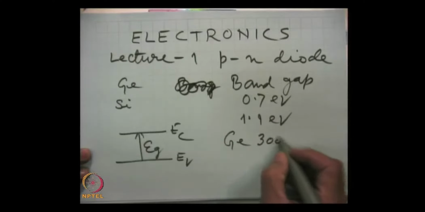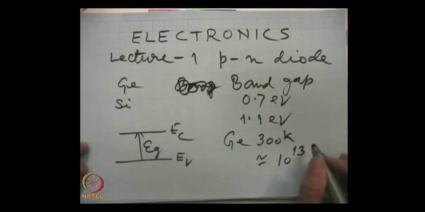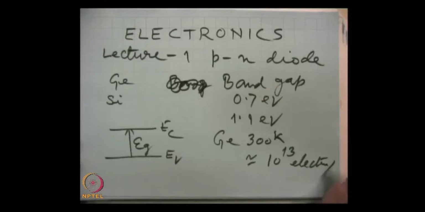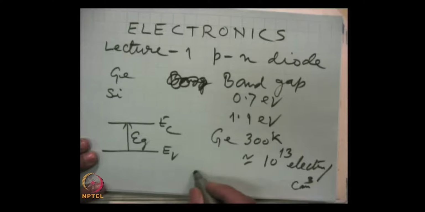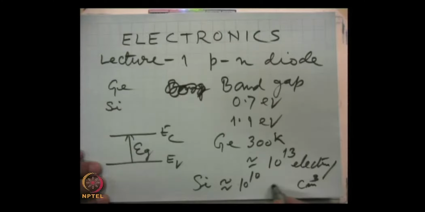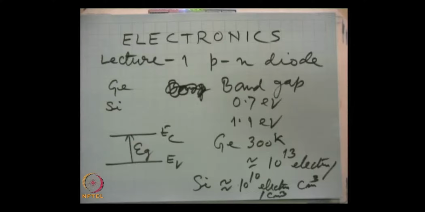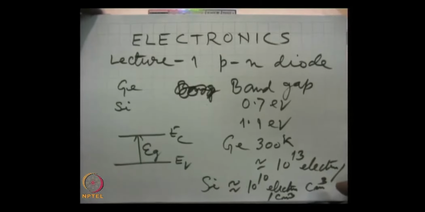The carrier concentration in germanium at room temperature, 300 degrees Kelvin, is around 10 to the power 13 electrons per cubic centimeter, while in silicon, because it has a band gap of 1.1 electron volt, this concentration is around 10 to the power 10 electrons per cubic centimeter. Now, I often ask the students